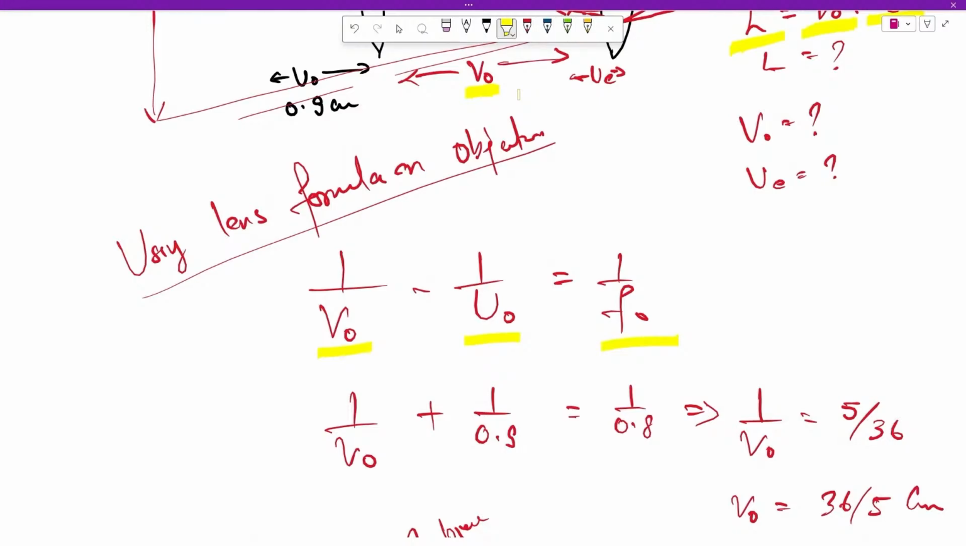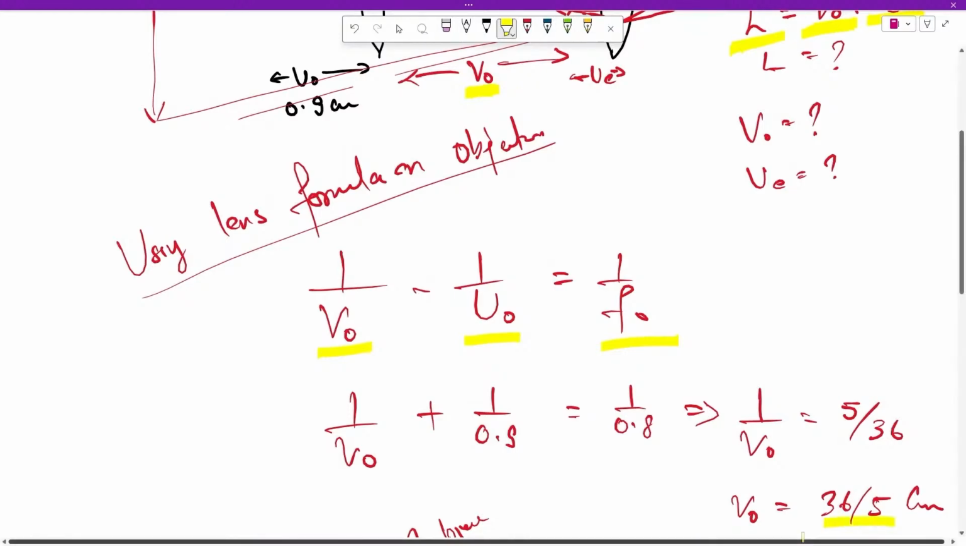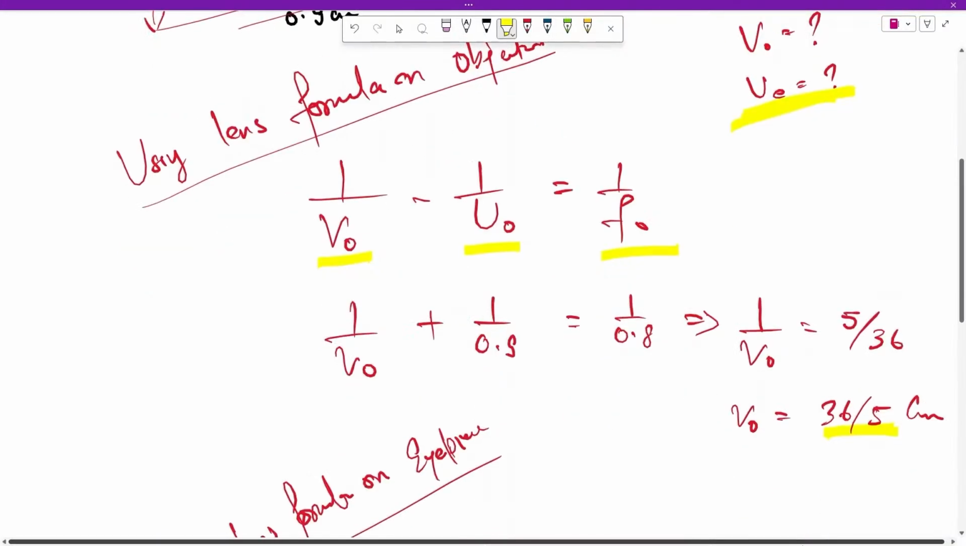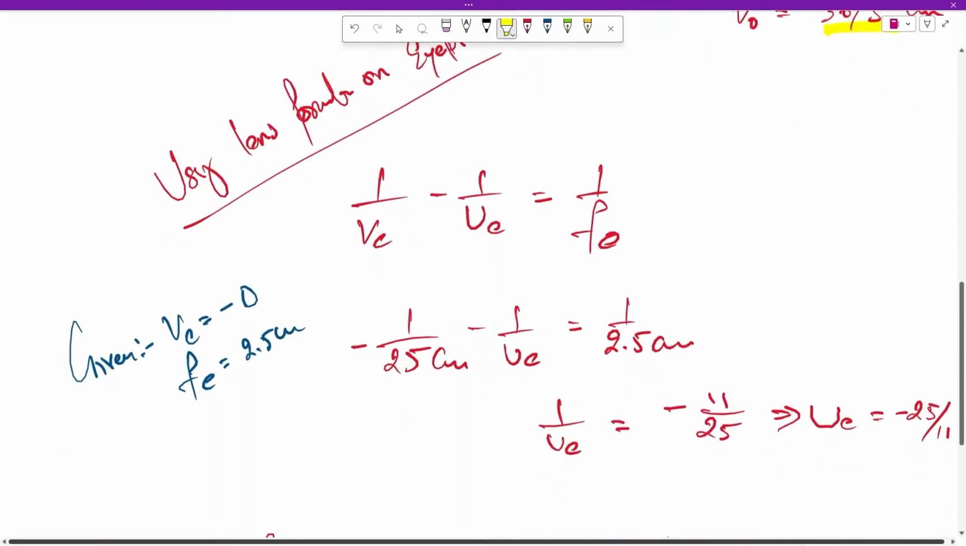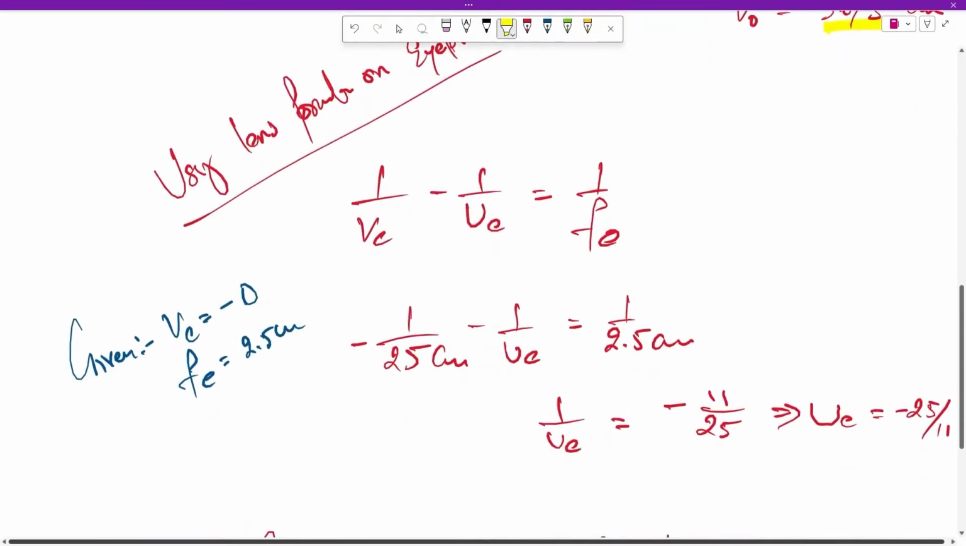Now using these values that are given for VO, that is 9 millimeter, we will use it as minus 1 by 0.9. So we will get V0 as 36.5 centimeter. Now what is left is calculation of UE, that is the object distance between the eyepiece and the image formed by the objective. So using the lens formula again on the eyepiece, we know the value of VE,